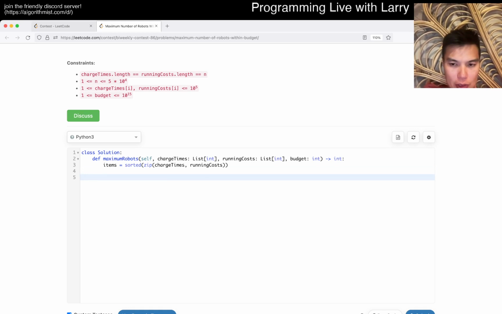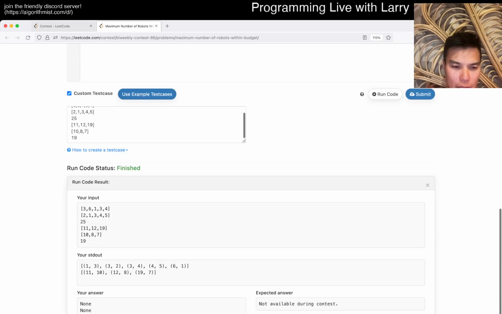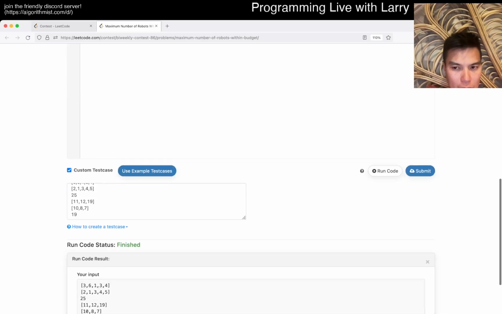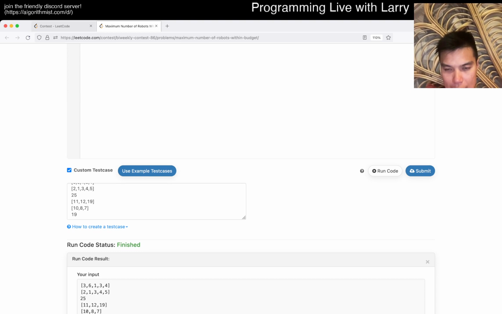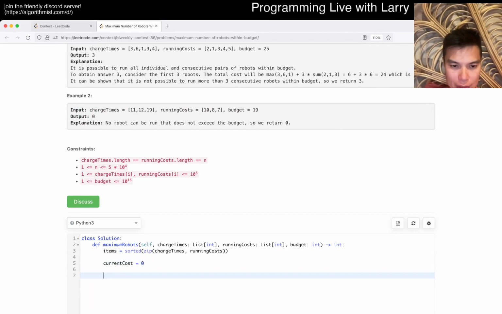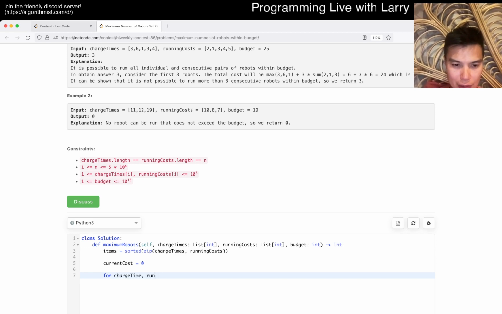What do we say? So what is the right or the good way to phrase it, right? I guess we could have done it another way, but that's fine. Okay. So that means that when we add it, let's see. Basically, the invariant we keep going, right? So okay. So current cost is equal to 0 or something like that, and then for charge time running cost,